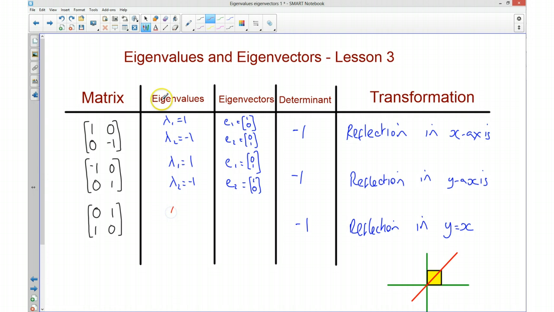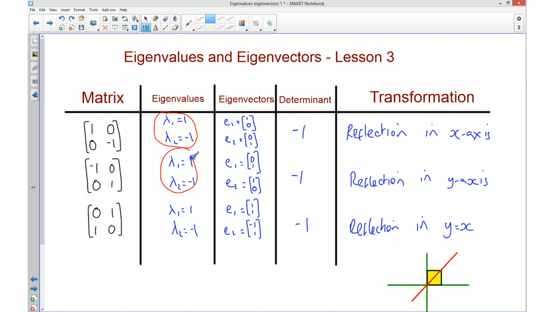So we're going to have that again, and this time our invariant line is going to be (1, 1), and this direction here is going to be (-1, 1), and there you go. Right, the key thing to realise here is that every pair of eigenvalues that we've got